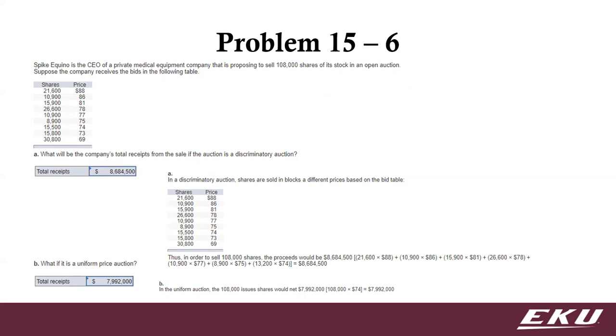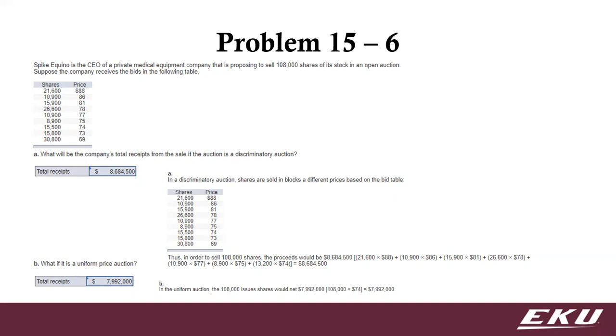And it sounds like that ends up being bad for the seller, because you end up selling at this lower price when there are some people willing to pay more. But what the research has shown is that people are actually willing to bid more because they know there's a probability that they're not going to pay what they bid, but a lower price. And this is how U.S. Treasuries are auctioned now. And so what we see is interest rates are lower than they otherwise would be because of that downward pressure. So even though the total receipts are down compared to the discriminatory auction, over time it ends up being better for the seller.